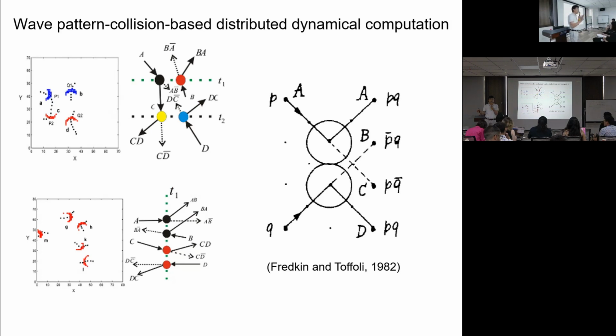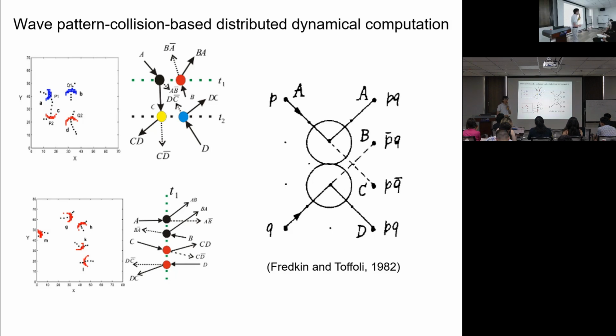Performing distributed dynamical computation. So if this assumption is right, it means that the propagation of waves can be used for communicating information. And when they interact, either through interference or collision, information could be processed. This information processing is a very transient phenomenon. It's not like an attractor or something like that. It's purely based on these dynamical interactions of different types of waves. So this idea is very analogous to